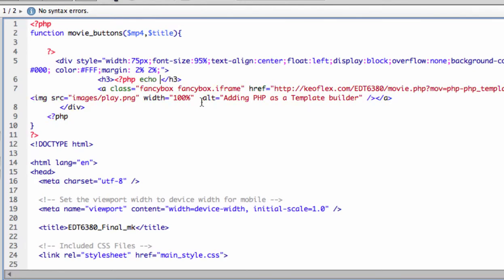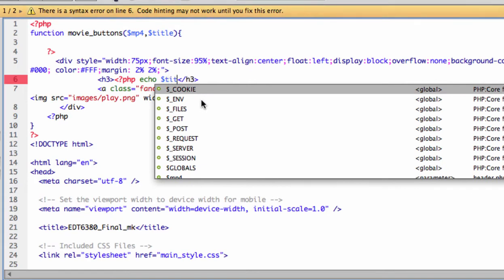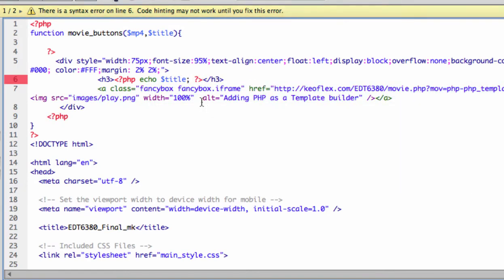I'm going to echo out the title. And then we want to add our movie. So the way that I've organized the HTML5 movies is that all movies reference keoflex.com, EDT6380, movie.php, and then MOV equals PHP dash whatever I'm doing, or in some cases it'll be HTML5, but I'm splitting it up. So in this case, I'm going to basically copy this whole section out